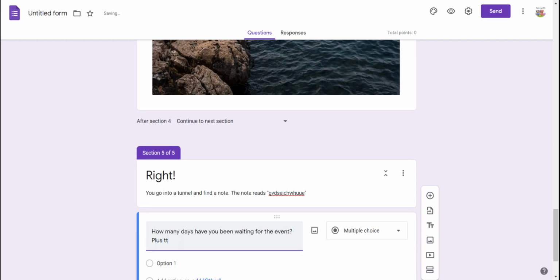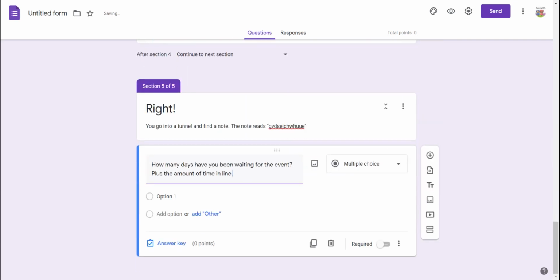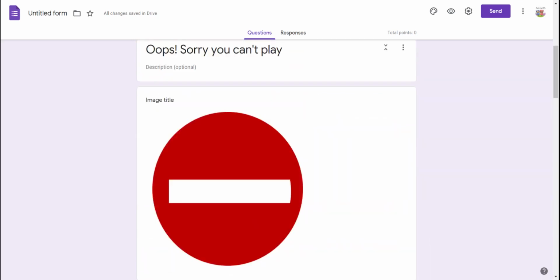Plus the amount of time in line. So I just made the question before I put the answer up there. So if you guys, when you're making a description, you didn't put your answer in yet, so after you put how many days have you been waiting for the event plus the amount of time in line, you can add